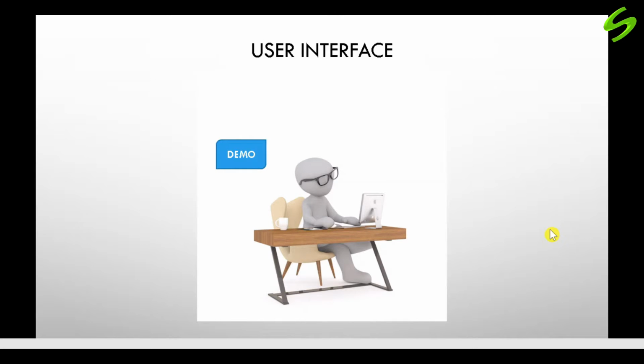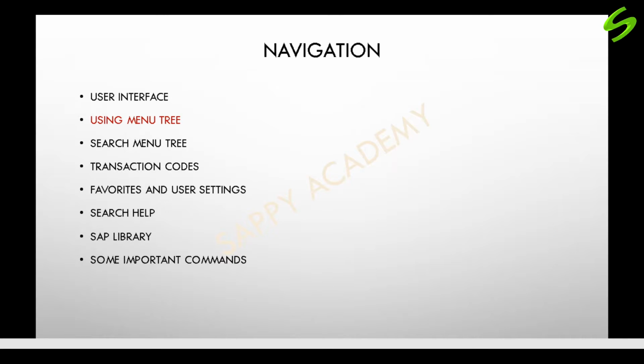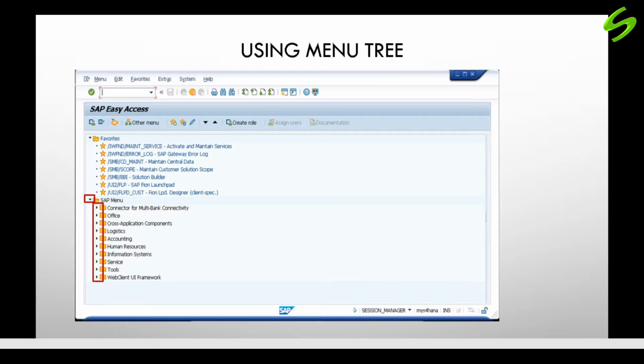Let's move on to the next section. The next section is using menu tree. As you can see, there is a highlighted triangle icon on each of the menus. We can use that triangle icon to further drill down to go to various transaction codes. Let's have a